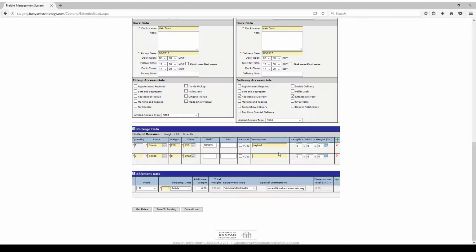The package data is critical. A couple things. It's not required, but we always recommend shipping with an NMFC number. This will eliminate many problems as it relates to reclassification and evaluations of the bill of lading and the shipment. We also always recommend including